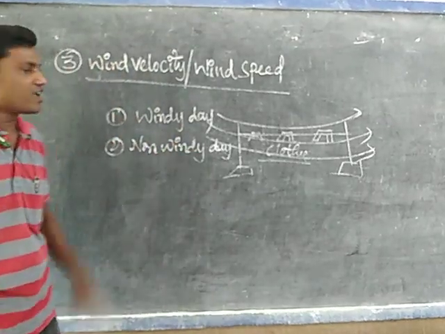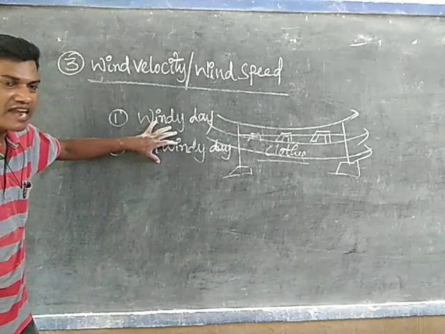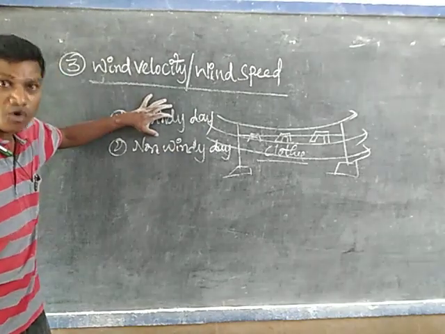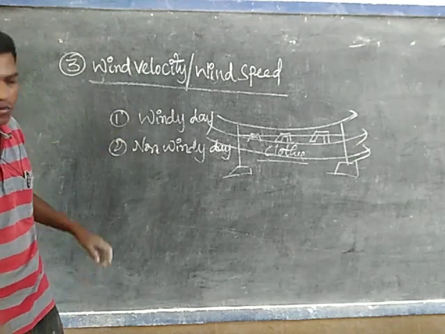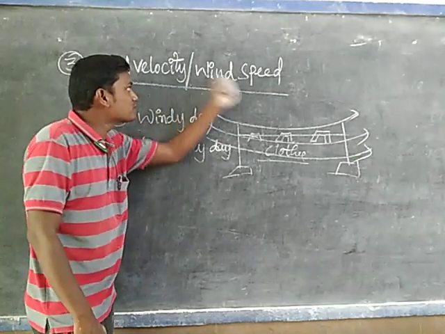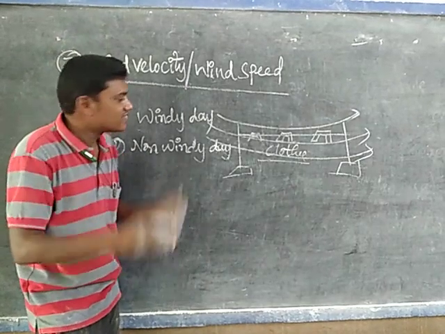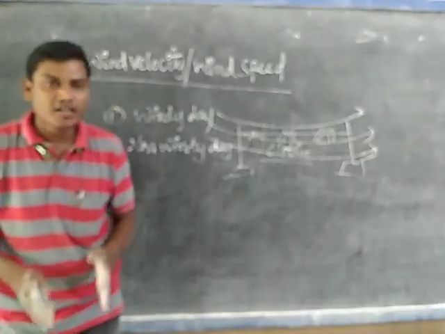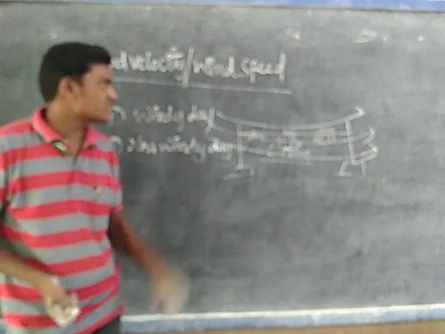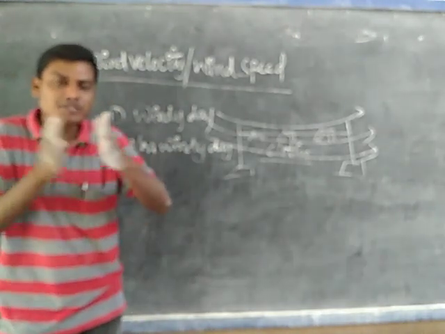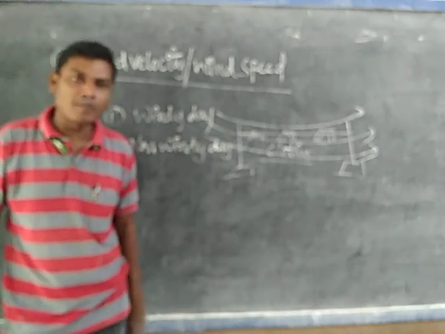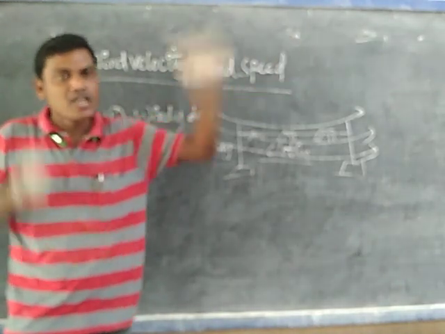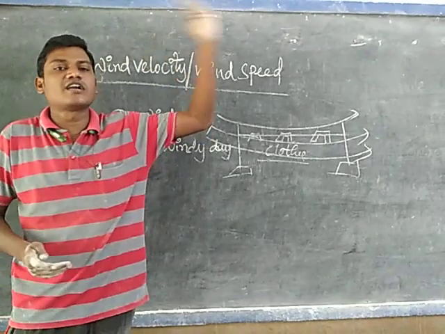Due to that, the water particles are removed from the cloth very slowly when compared to the windy day. With the help of this example we understand that on a windy day, the air velocity or wind velocity is more, that's why evaporation is also more. On a non-windy day, wind speed is less, that's why evaporation is also less. That is simple to understand. In bit questions they ask: if wind speed increases, what happens to evaporation? Evaporation also increases. If wind speed decreases, evaporation also decreases.